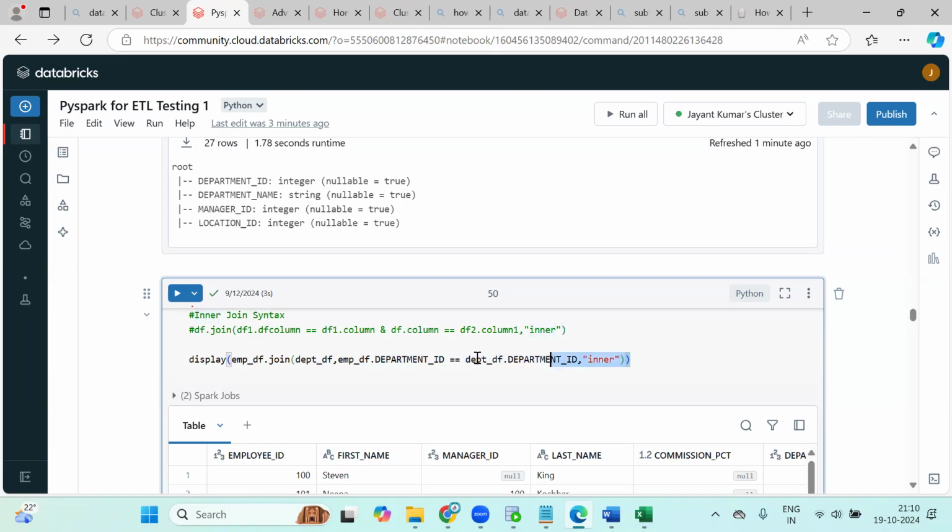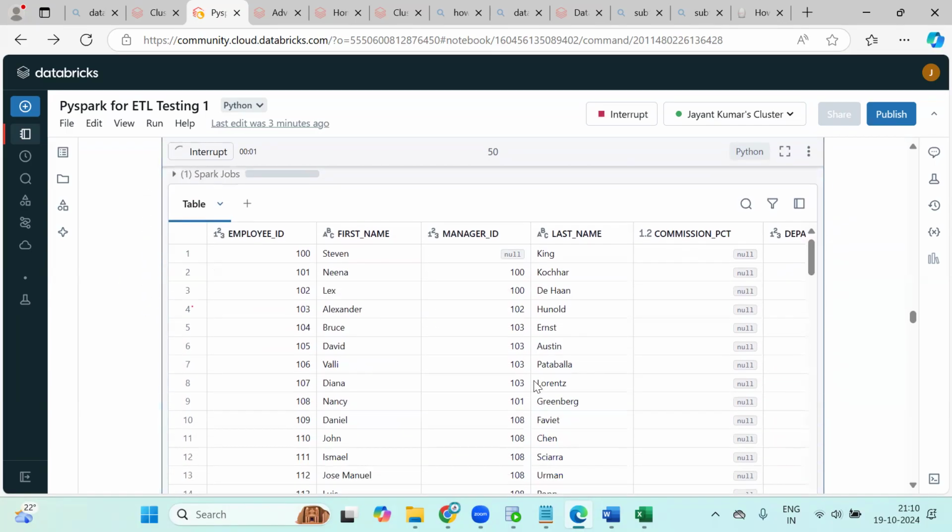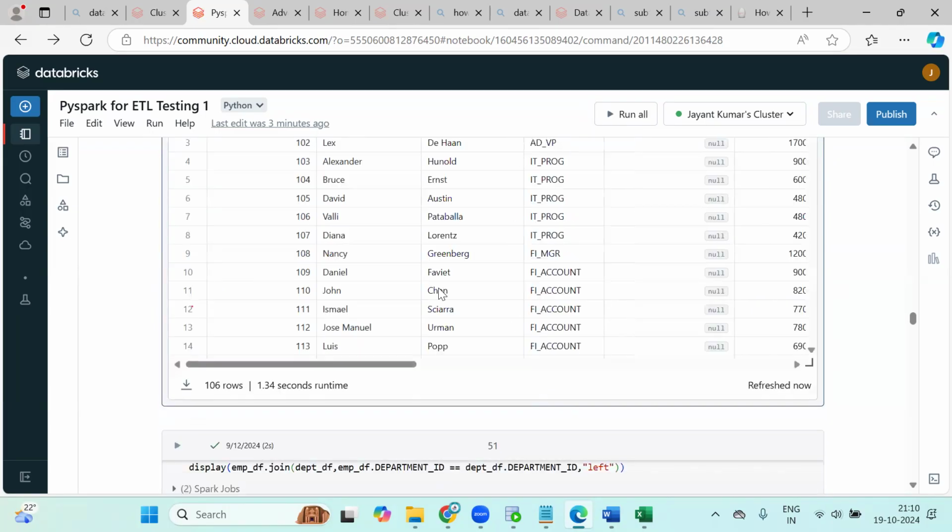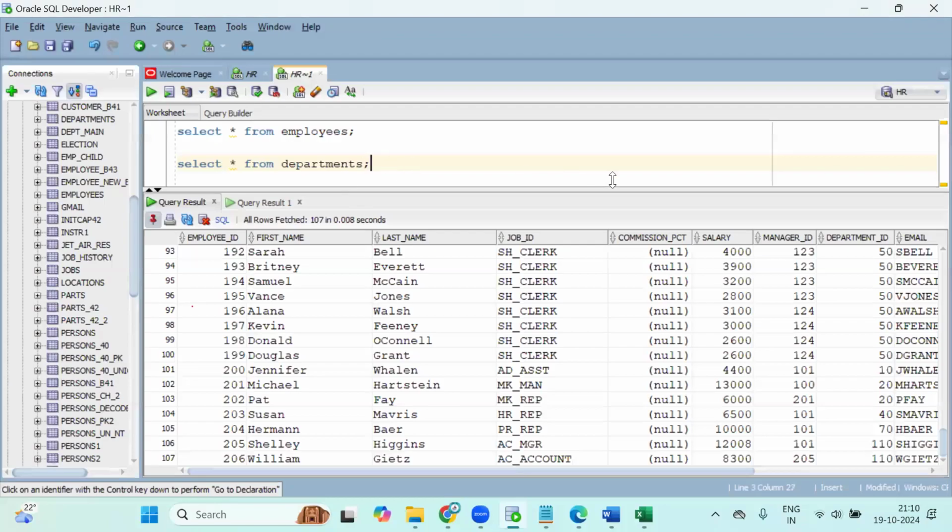And it is an inner join. What is the inner join? Inner join will give you the matching records only. So how many records are we expecting? 106 records. When you do it in SQL, you will be able to see that